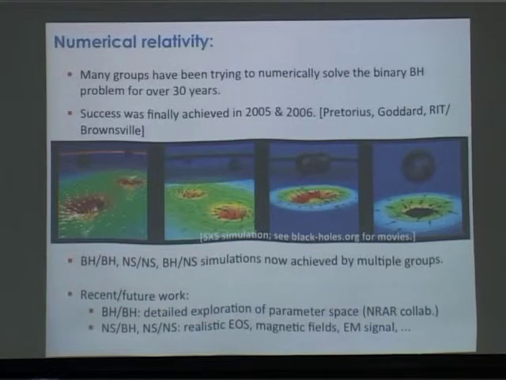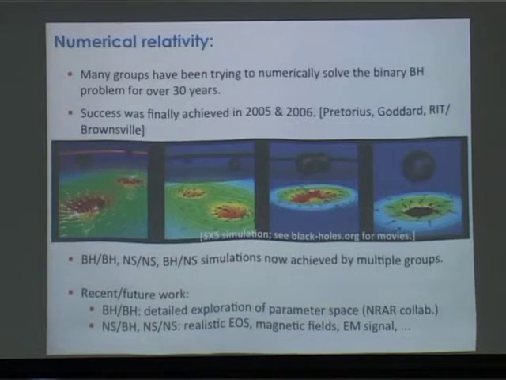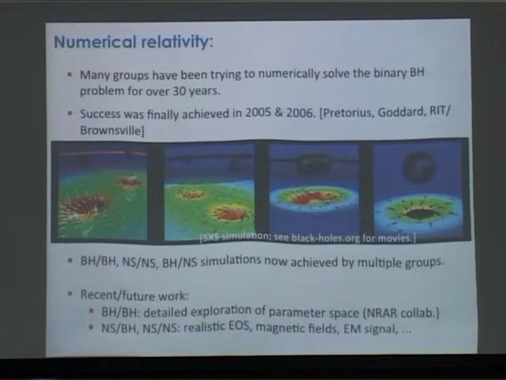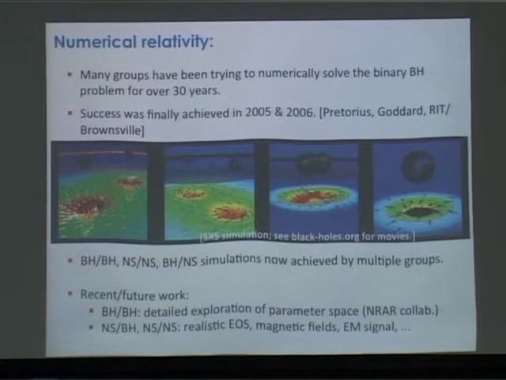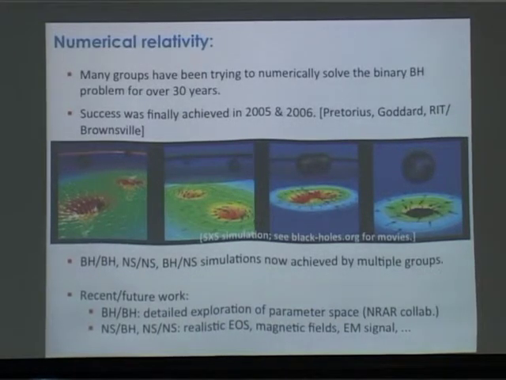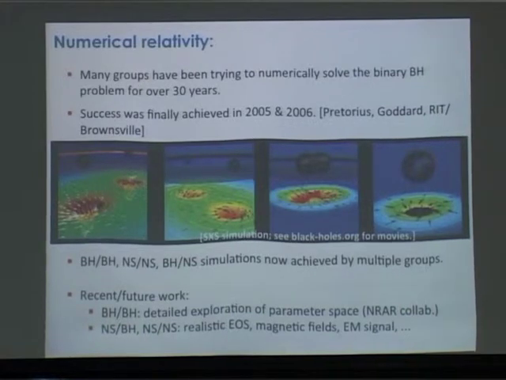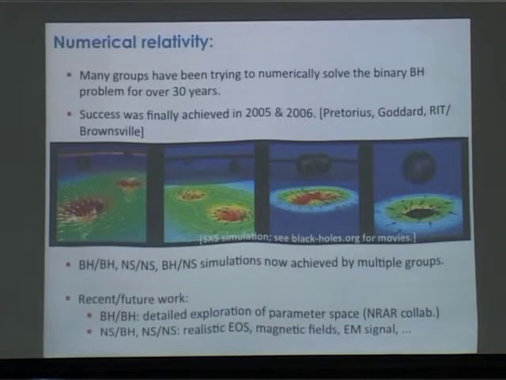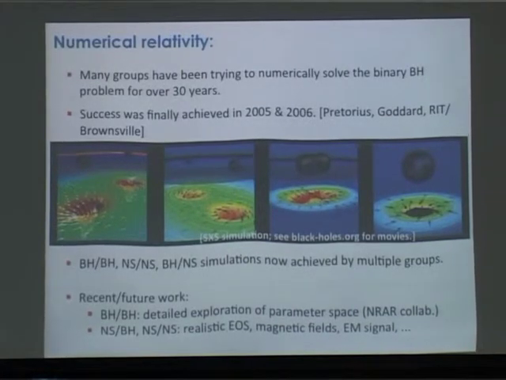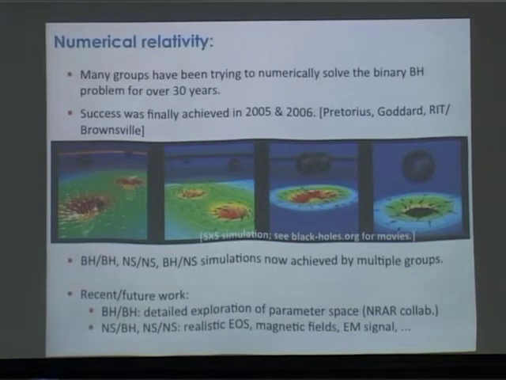In terms of what's going to happen in the immediate future, in the black hole case, I think right now people are mostly focused on a more detailed exploration of the parameter space. There's the NR-AR collaboration, for example, which is trying to simulate many different kinds of configurations, and the SXS collaboration that Harold's a part of has also recently simulated a very large number of possible configurations. On the neutron star black hole or neutron star side of things, the upcoming work is to put better ingredients into those simulations: put in magnetic fields, more realistic equations of state, and neutrinos. Just make everything more realistic, basically.